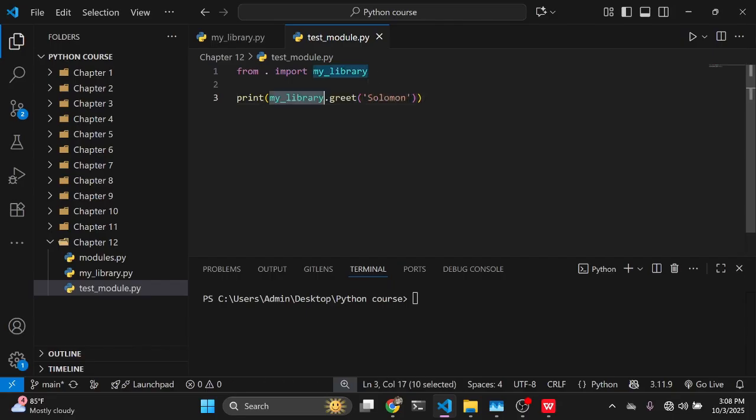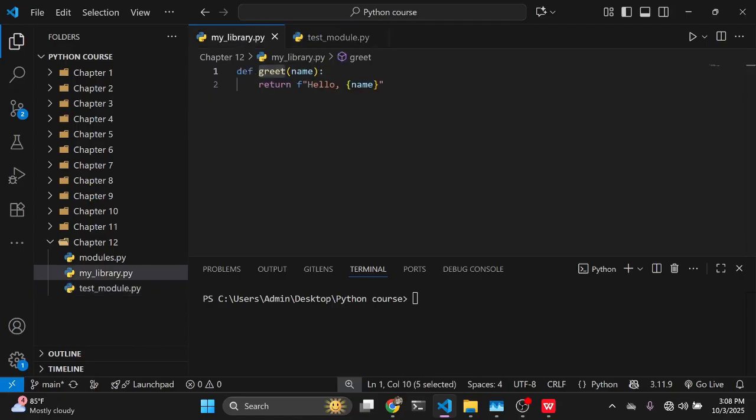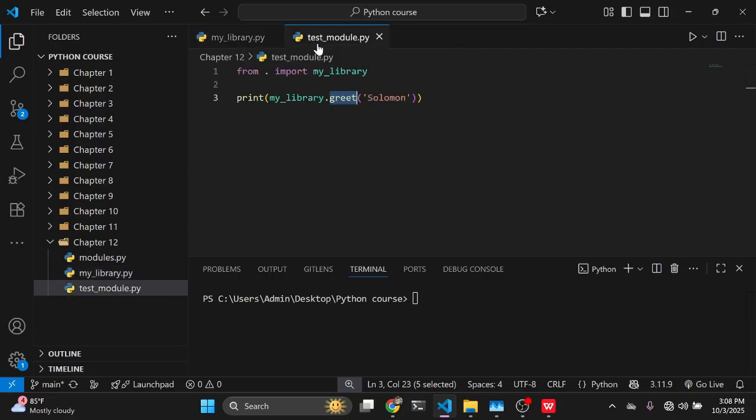The reason I can say my_library.greet is because there is a function called greet present inside my_library. So once I run this program,